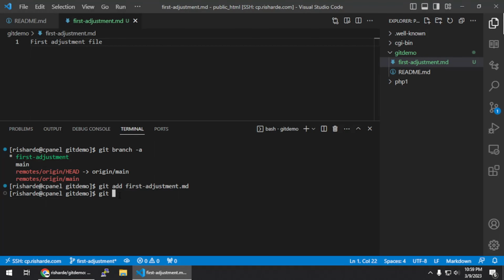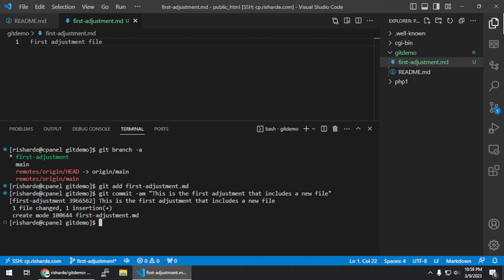Okay? So we do the same command again, that commit command that I showed you previously. And in this case, I'm going to say this is the first adjustment that includes a new file. Okay, so now that we did that, we see one file changed, one insertion made, and we see create mode creating this file. You don't have to understand that as long as you understand that now it's going to be added. But right now we need to push